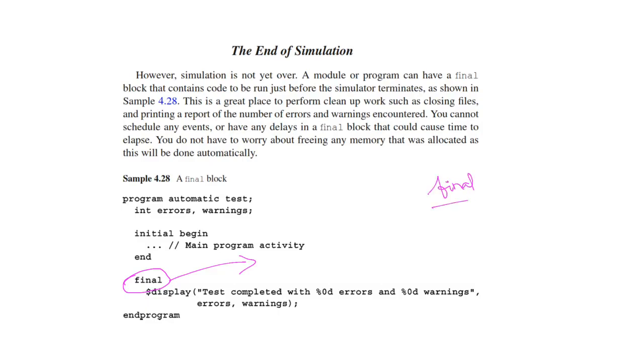As the name indicates, a final block is going to display the end results. It contains the code to be run just before the simulation terminates. After execution, it continues and displays the final conclusion of your test bench: the test completed with how many errors, how many warnings, and what the final value is. You can also write some